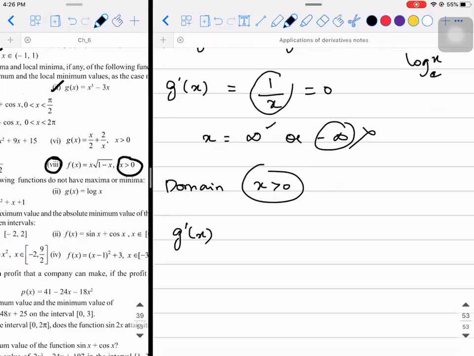If you observe this, since I told you, what is the domain? x is greater than 0. So g dash of x means... Decreasing function? Decreasing? No, it is an increasing function, because in g dash of x, what can you substitute? You can substitute only positive values of x. When you substitute positive values of x in g dash of x, then it will always be a positive value, right? So g dash of x is always greater than 0. So it is a strictly increasing function.